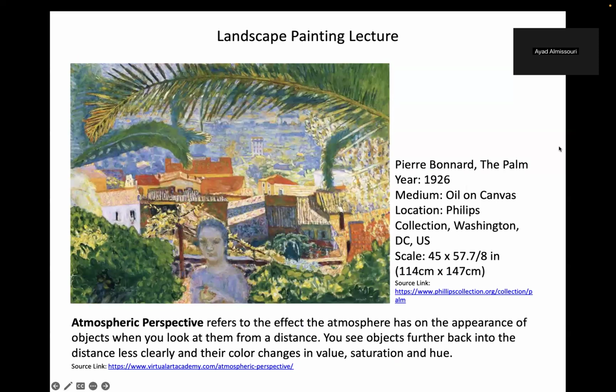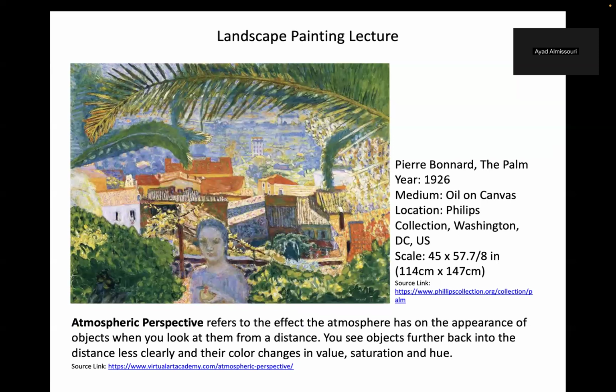When we're talking about this, another key component to think about is atmosphere. Now, Pierre Bonnard's The Palm, done in 1926, which is located in the Phillips Collection in Washington, D.C., is a large oil painting that gives us a great example of atmospheric perspective. Now, what does that refer to? It refers to the effect the atmosphere has on the appearance of objects when you look at them from a distance. You see objects further back in distance less clearly, and their color changes in value, saturation, and hue,